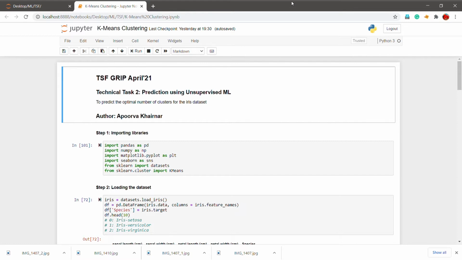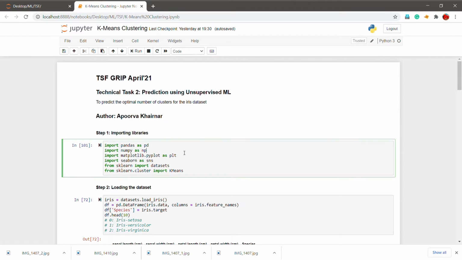So for this task, I had to develop an unsupervised ML model to predict the optimal number of clusters for the iris dataset. First I imported the libraries and modules that were required, and similar to my previous task I used pandas and numpy for array operations, matplotlib and seaborn for graphical visualization, and lastly scikit-learn for ML operations